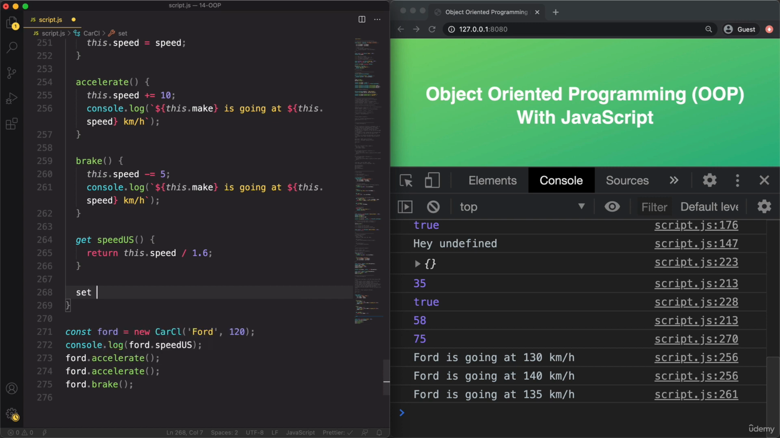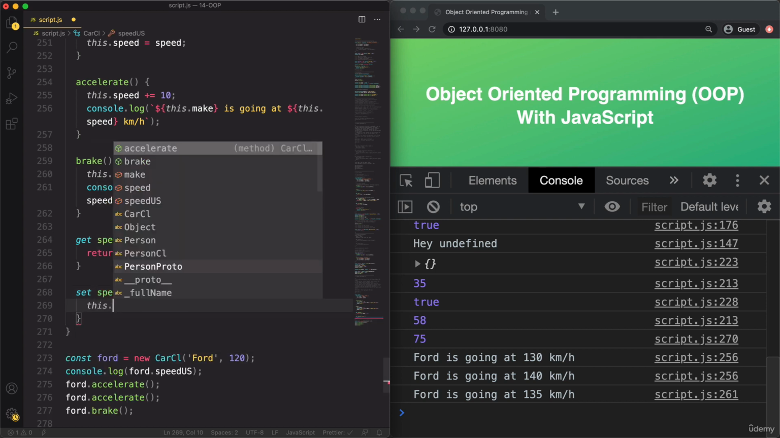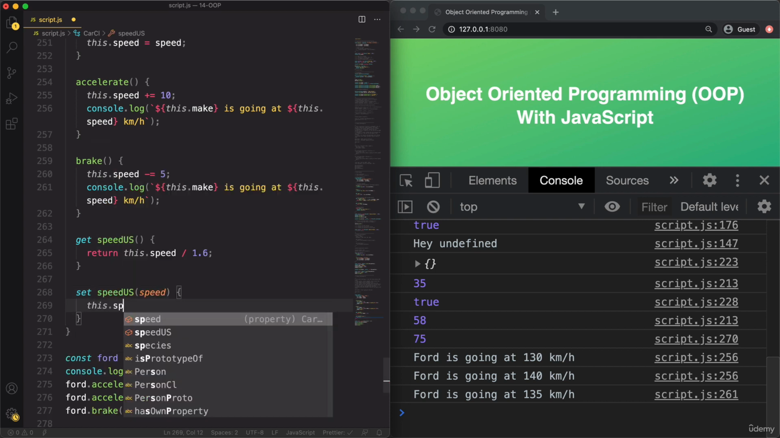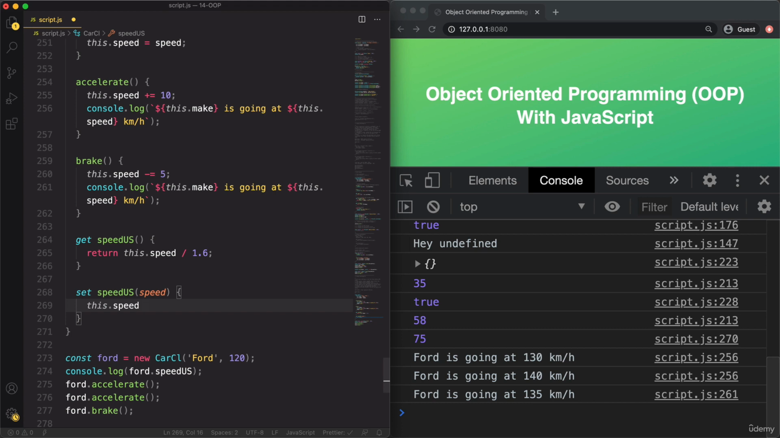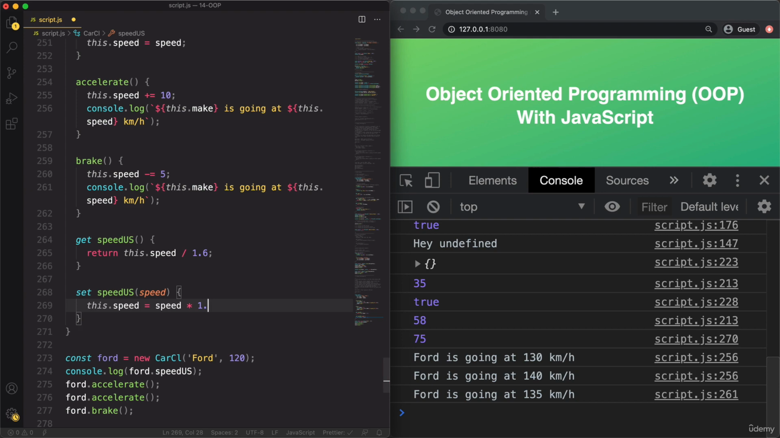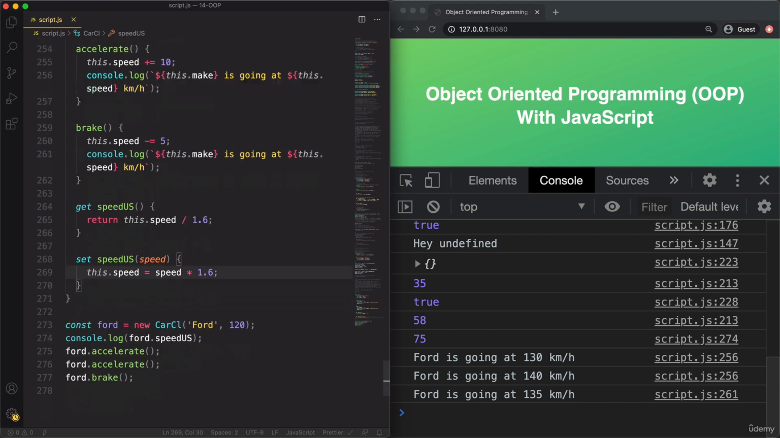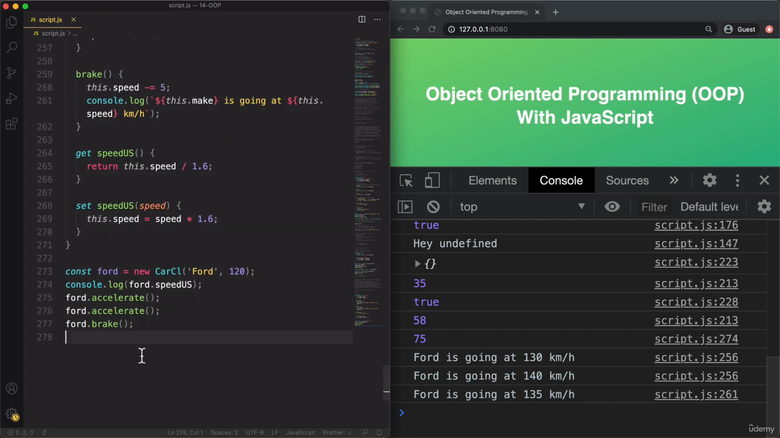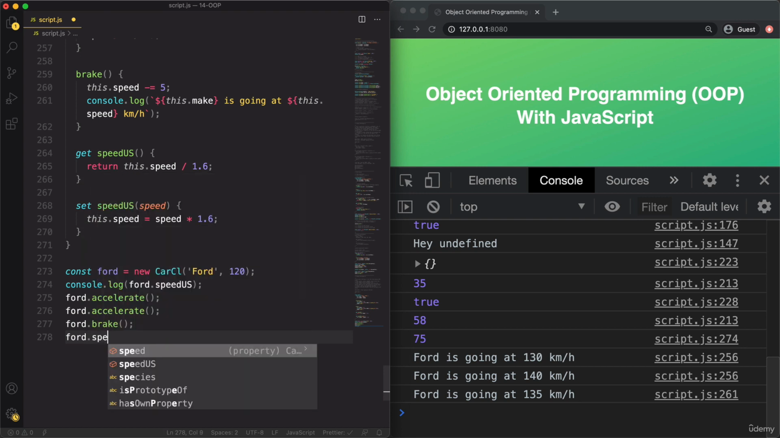And now to finish, let's just implement the setter here as well. So set speed US. And then remember, we always need to take exactly one argument. So that's going to be the speed, of course. And so here we want to set the speed, but of course, in kilometers per hour. And so we take the speed and multiply it by 1.6. And so now if we do